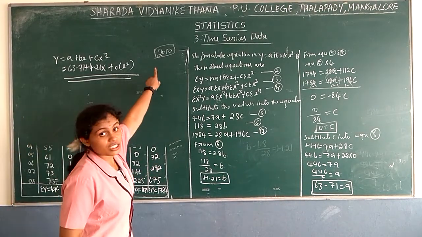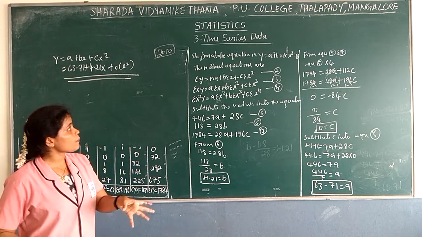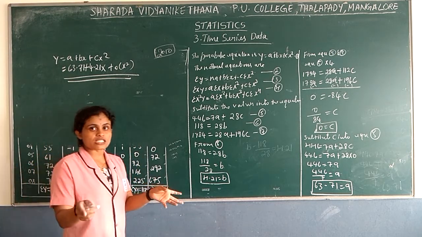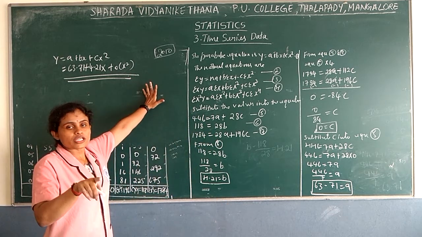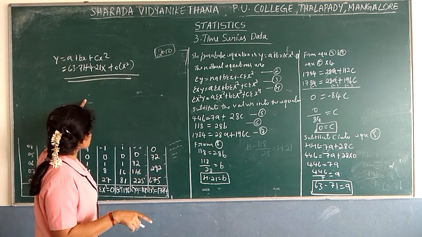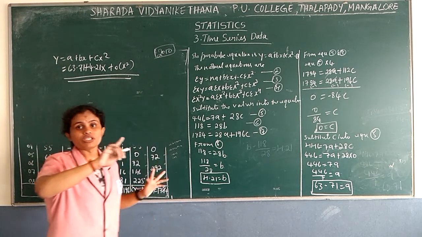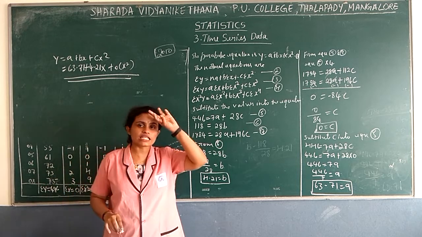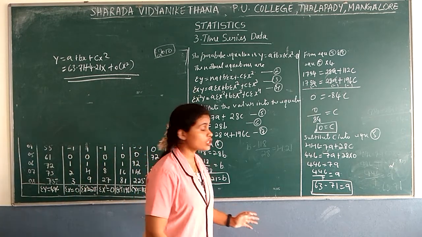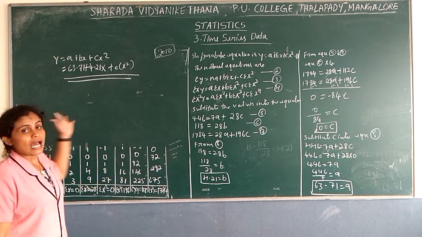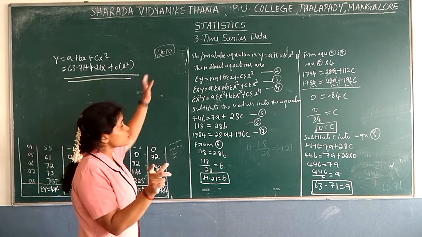Sorry, we left a question here in the beginning. It was not only to fit a parabola, right? One more question was there along with that. Also, I have not written here, but also estimate the sales or profit, whatever it is, for the year 2010. Like how we find it in the case of a straight line equation, firstly we need to find all the trend values for whichever years they have given, and then we need to estimate for one particular year which they will mention.